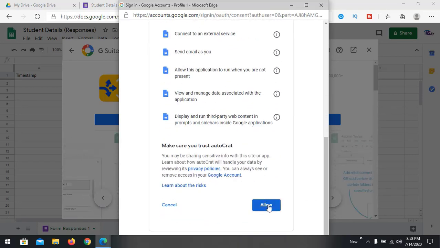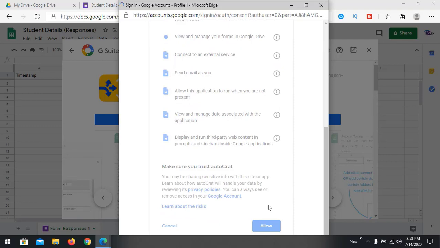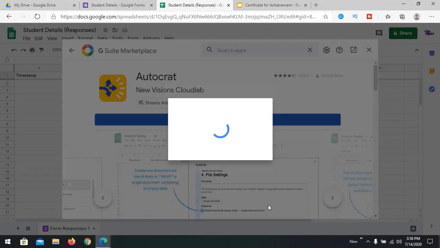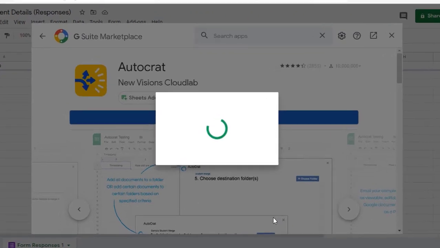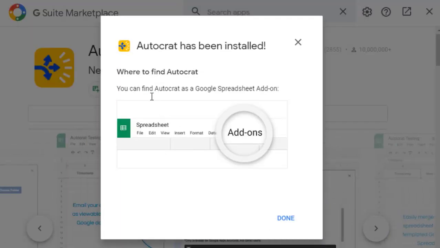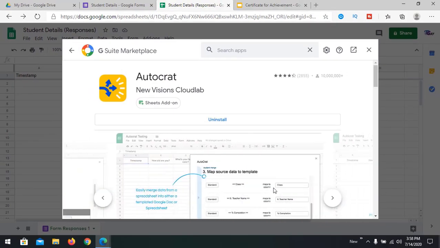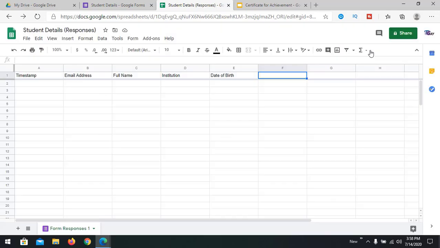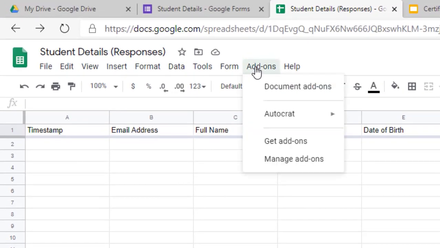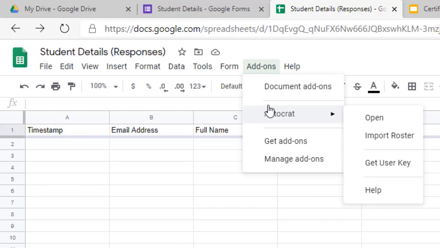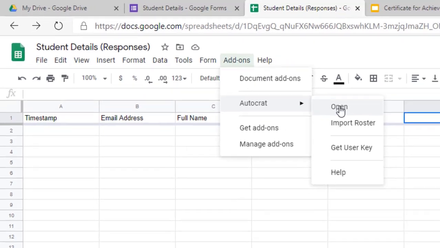Just allow it. And what we see is AutoCAD has been installed. Now just close this window, and going to add-ons again, we can see AutoCAD is available now. So we are going to press open.